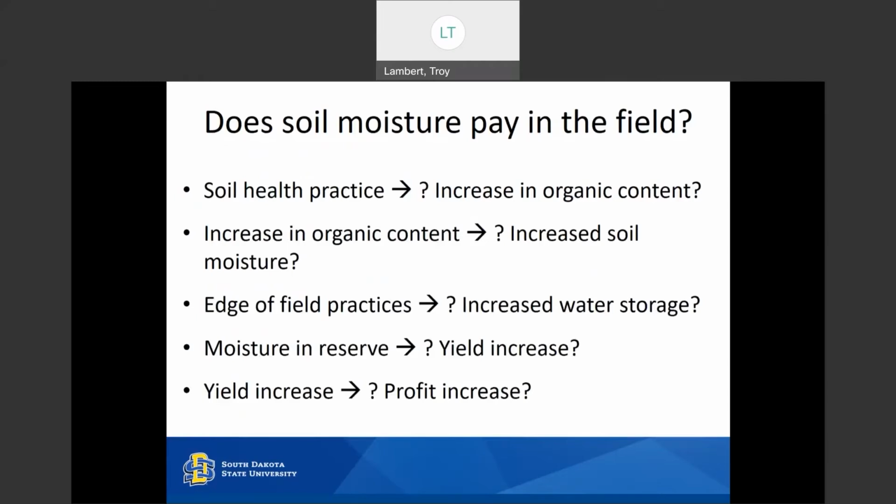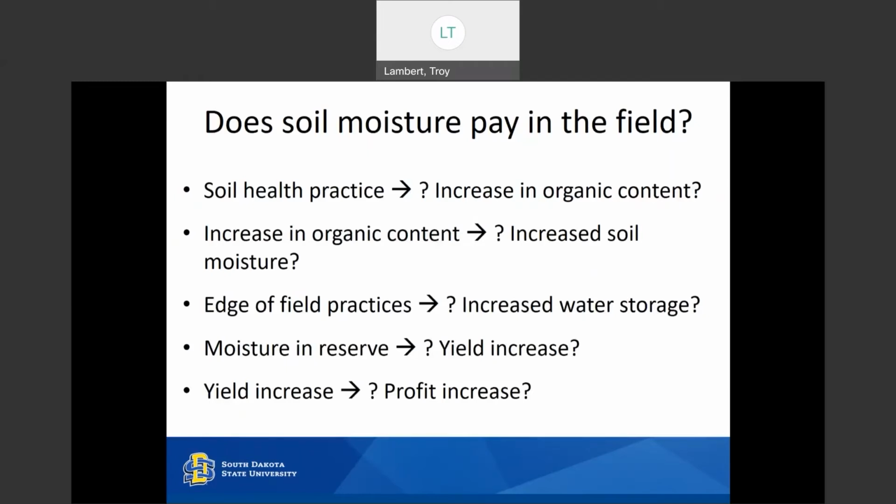And so just an example, kind of as we walk through. So let's say we implement a soil health practice like cover crops or no-till. Well, does that lead to an increase in organic content? We already identified that organic content can increase the water holding capacity. So if we have more organic content, does that hold more water in the soil to kind of help us weather those extremes?